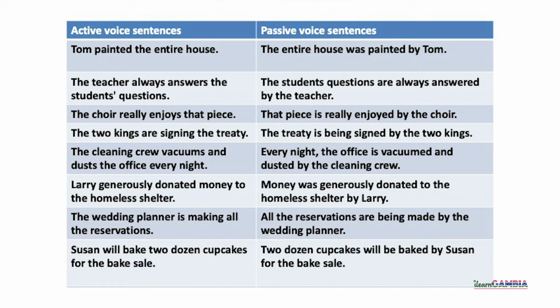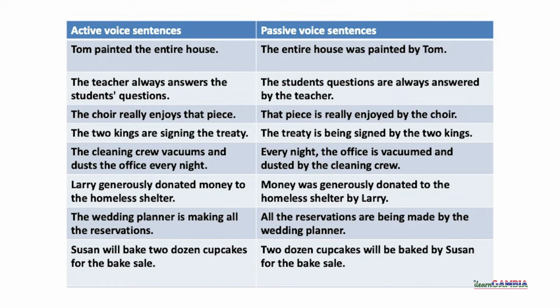So the teacher always answers the student's question. The student's questions are always answered by the teacher. Now look at the active voice, the teacher comes at the beginning of the sentence. And questions come at the end of the sentence. So in a passive voice now it changed. The students' questions were always answered by the teacher. The 2 kings are signing the treaty. So here we said the treaty is being signed by the 2 kings. So you can see treaty comes last in the active, but in the passive,